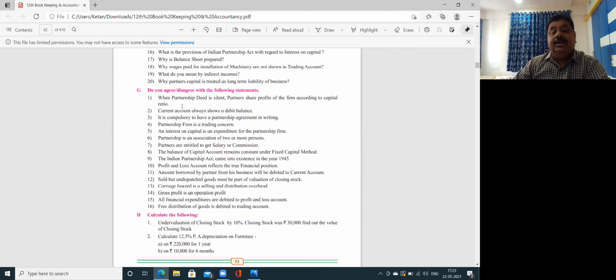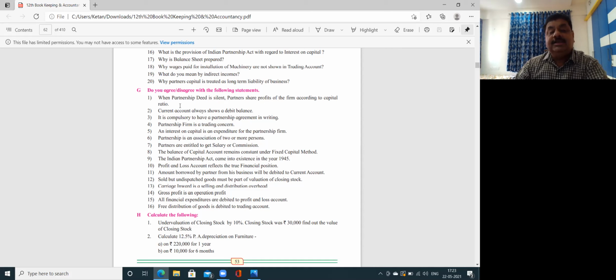Now for this, do you agree or disagree with the following statements? आपको यहाँ पे मतलब लिखना नहीं है अभी. आपको लिखना कहाँ पे मैं बताता हूँ. आपको टेक्स्ट बुक के ऊपर लिखना है. Because here it is not necessary to give reasons why you agree, why you disagree. The reasons are not required. So you are going to write only I agree, I disagree. तो अभी आप टेक्स्ट बुक के ऊपर ही लिखो like this.